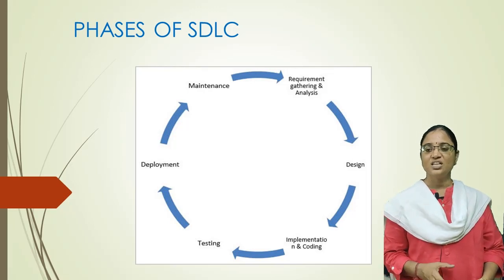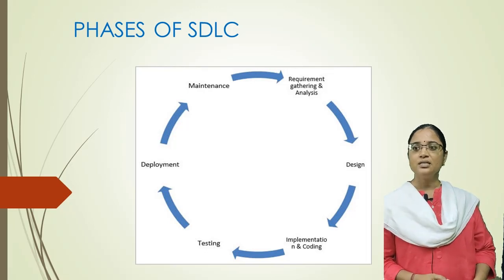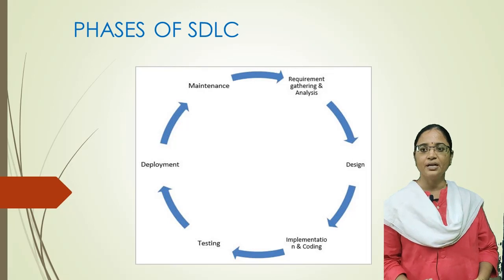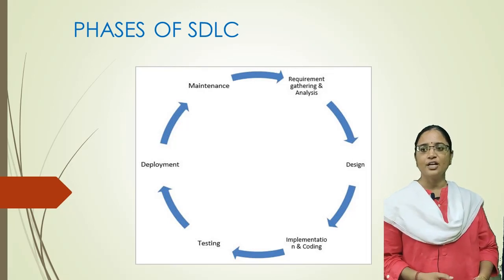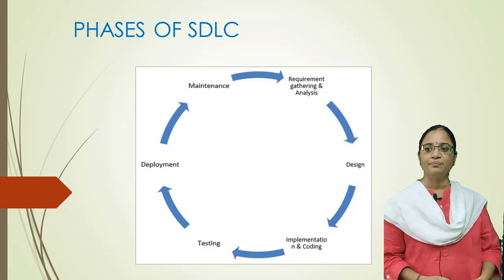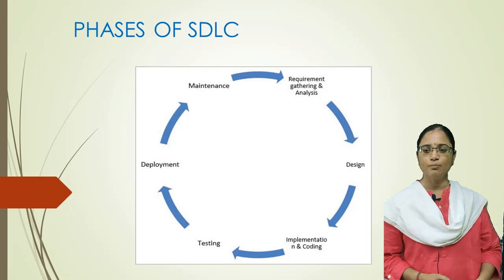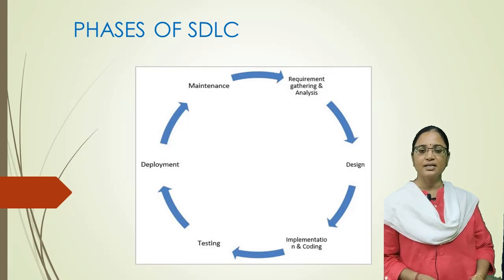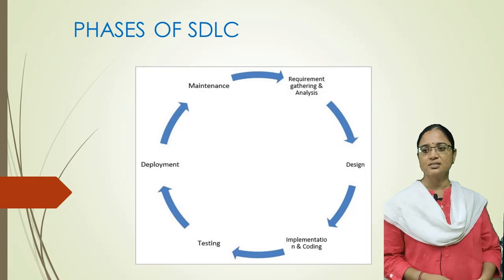And next, coming to the design. This is the third phase of the software development life cycle. In this third phase, the systems and software design documents are prepared as per the requirement specification document. This helps define the overall system architecture. This design phase serves as input for the next phase of the model. And there are 2 kinds of design documents developed in this phase. The first one is high level design and the next one is low level design. I don't want to discuss all these things in this phase.